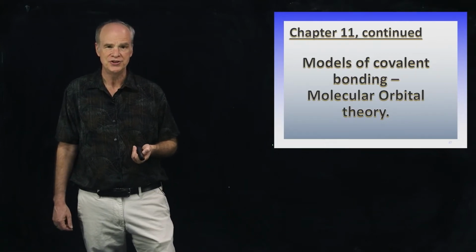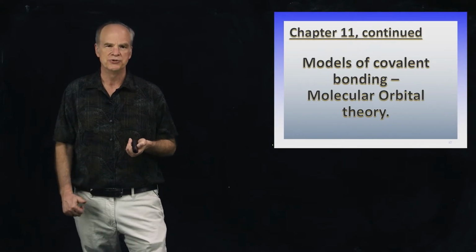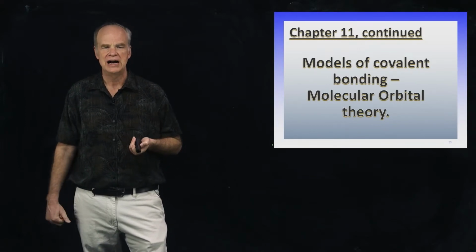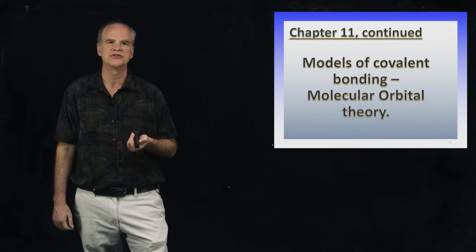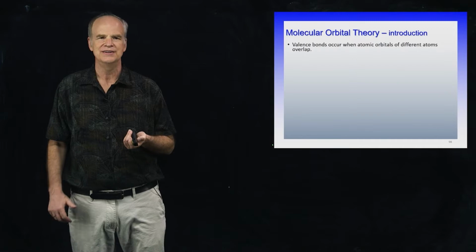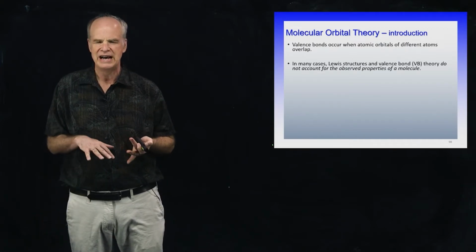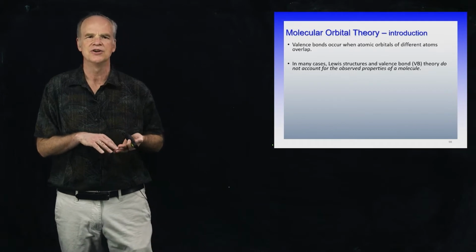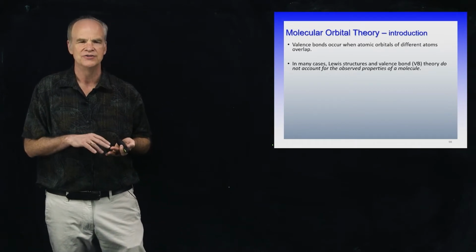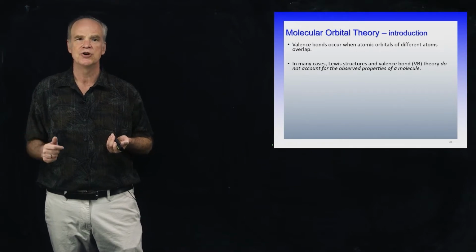And so we're continuing on through chapter 11, and now we're going into a new description of how atoms can bond. It's called molecular orbital theory. So one thing to get us oriented first, let me point out some basic details of how molecular orbital theory differs from the theory we just learned about how atoms bond, which is called valence bond